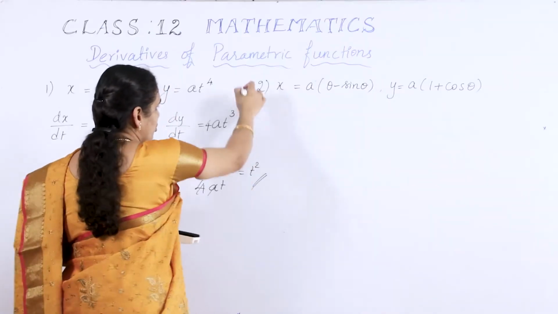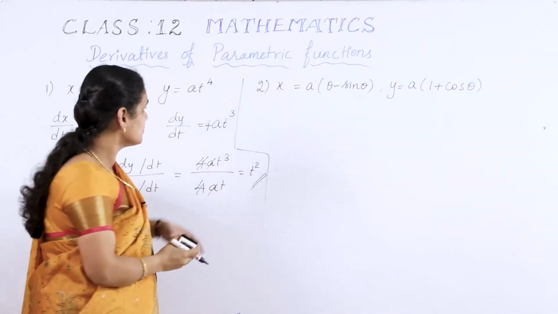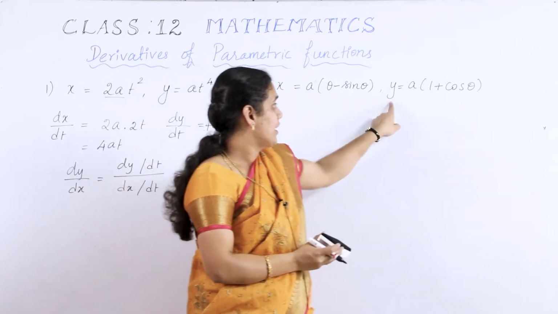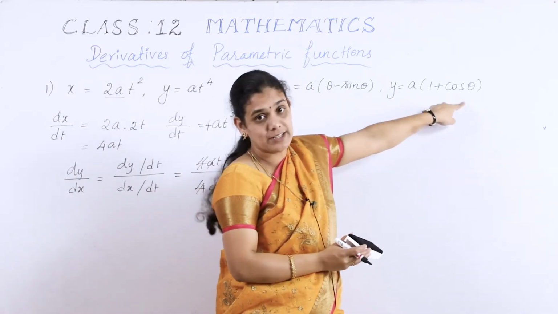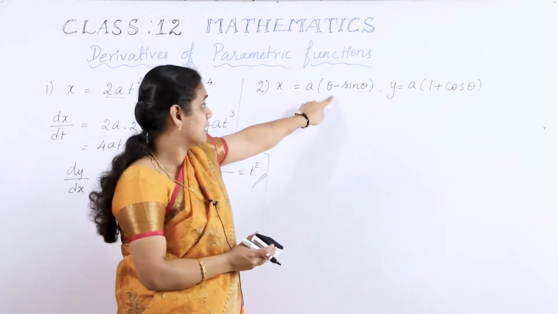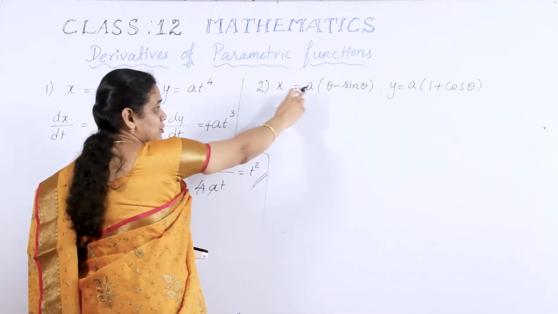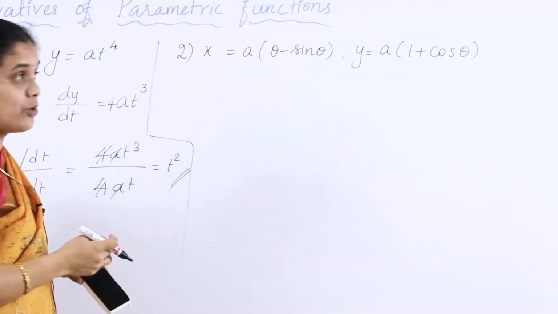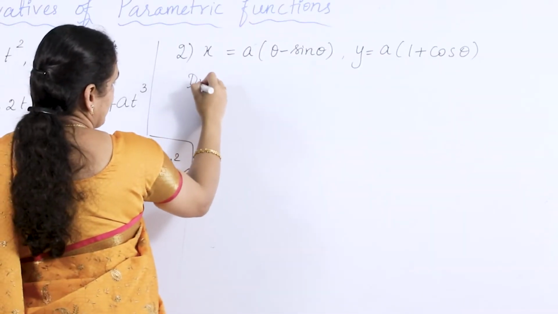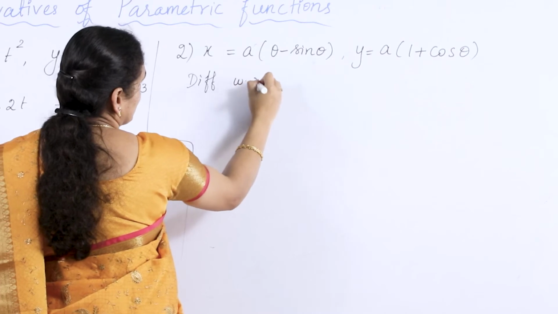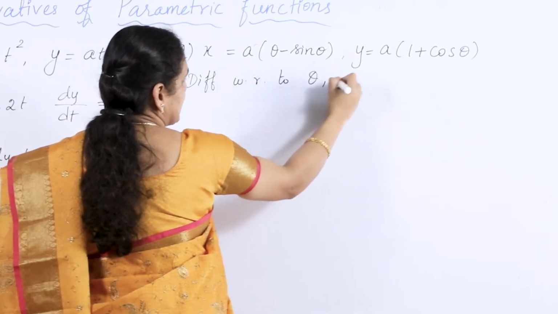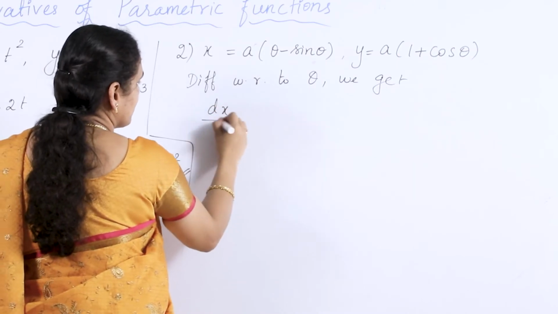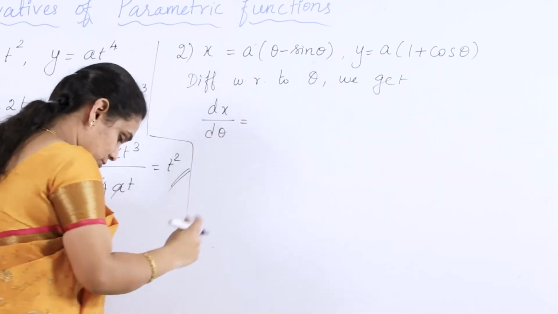Okay, there is one more problem here, that is x equal to a times theta minus sine theta and y is equal to a times 1 plus cos theta. Here the parameter is theta. So we differentiate x with respect to theta and y with respect to theta, and we finally find out dy by dx. Alright, so differentiate with respect to theta, we get,